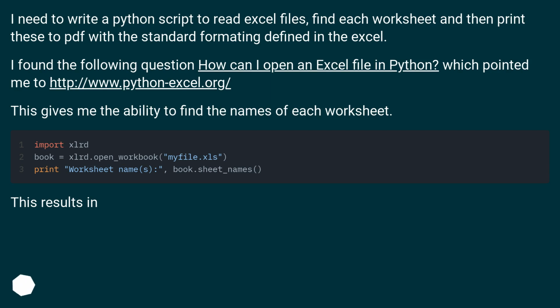I found the following question: how can I open an Excel file in Python? Which pointed me to this URL. This gives me the ability to find the names of each worksheet. This results in